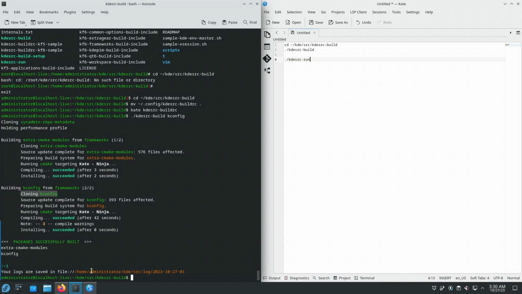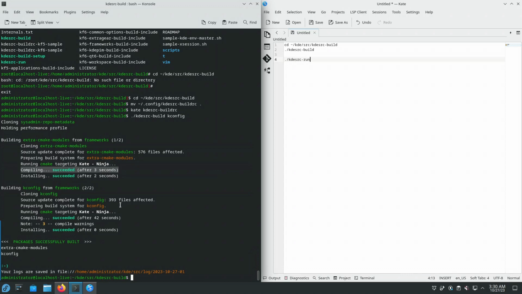Okay, and the last functionality, the third functionality of kdesrc-build, is to build a module correctly. Building a module correctly means doing git operations, so git clone in this case, and then later on it updates your source code tree using git, so it does git fetch master, git rebase, git stash, etc. Then it knows how to run the step which is called configure, cmake, then the step which is called compiling